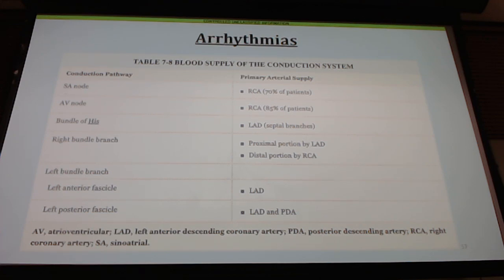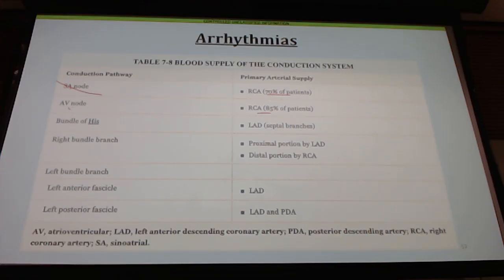The other reason is the vital areas of the conductive pathway have perfusion from the coronary arteries. So if you have a perfusion deficit affecting that coronary artery, then you could be permanently damaging or affecting the conductive pathway structure. So if I have a right coronary artery occlusion, especially high up, 70% of patients receive their blood supply to their SA node from the right coronary artery. So now I just knocked out the SA node. What's that going to do to your conductive pathway, right?